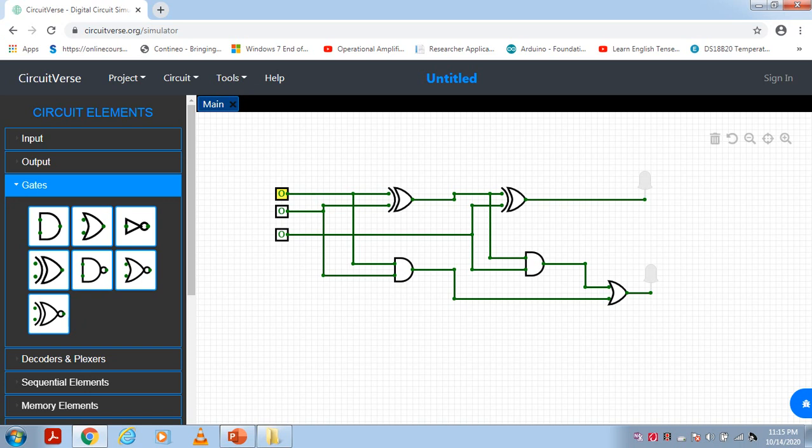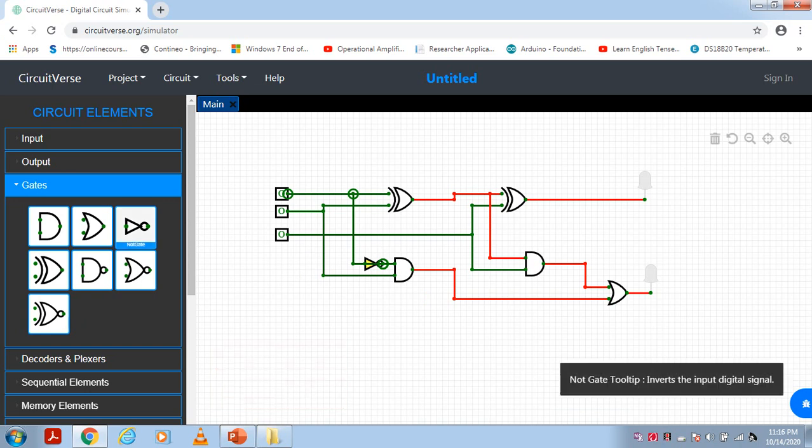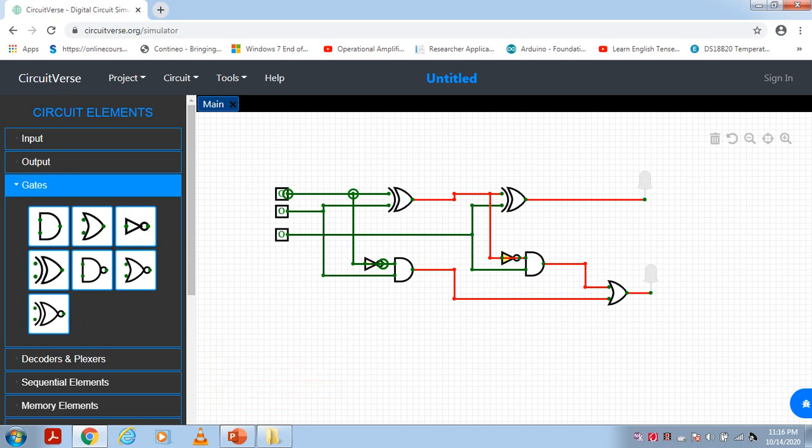Similarly here one more NOT gate we have to connect it here. So like this we have to connect. For this and here also one NOT gate is connected. Here it is short circuited, so remove this wire, select and delete. Select and delete. Right?